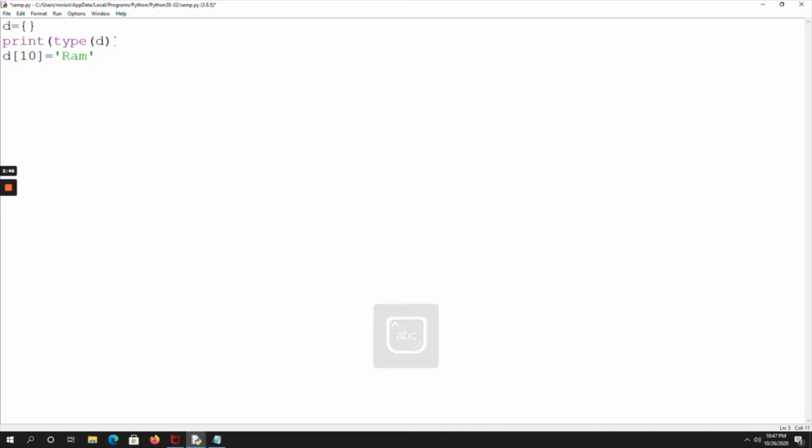Similarly, D of 20 equal to Sam, D of 30 equal to Sita. By following the syntax D of key equal to value, I am inserting the elements into the dictionary D. Now I am going to print D. Let me run the code.